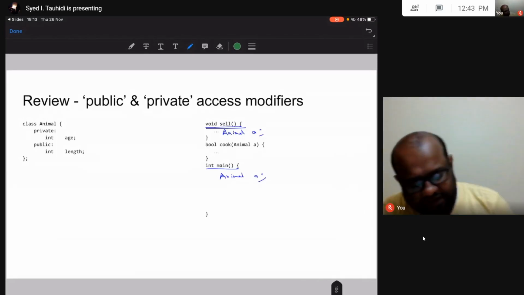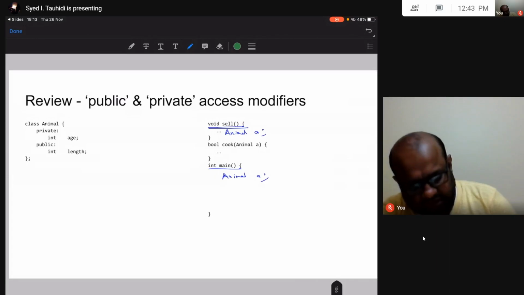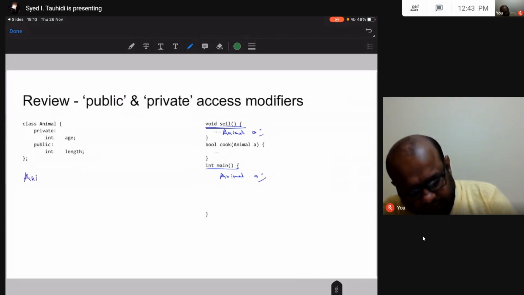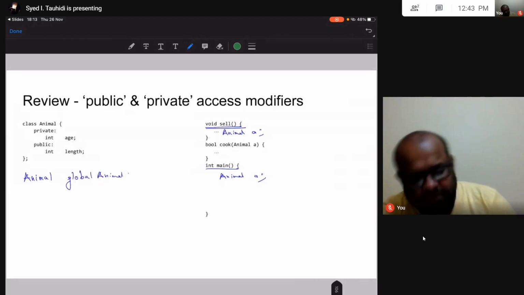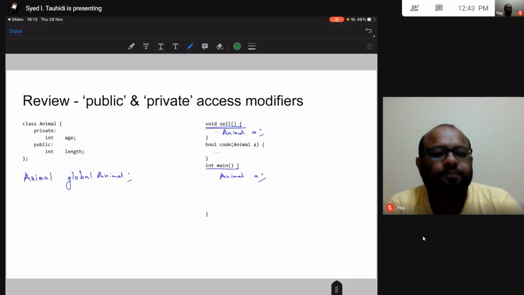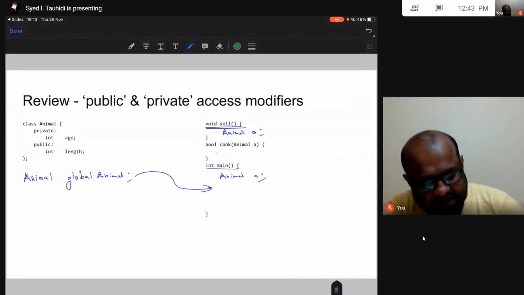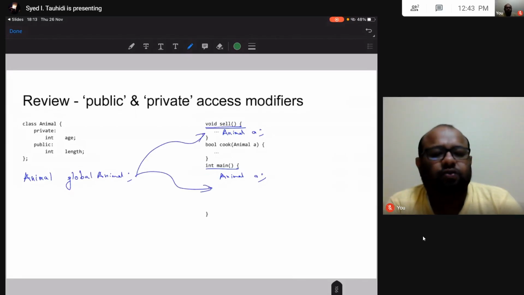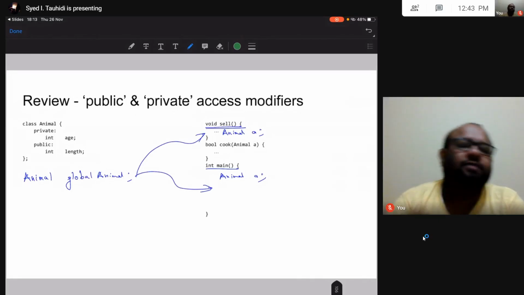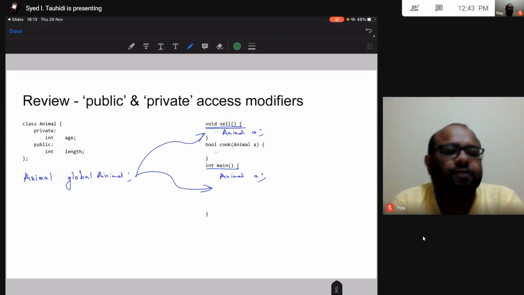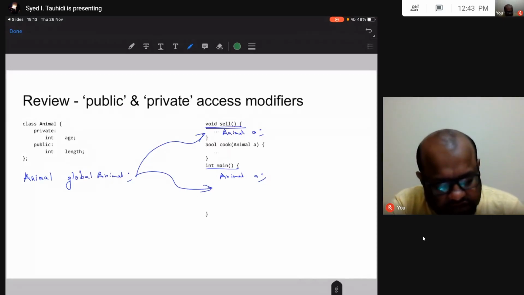It may so happen that I have a global variable, a global animal. This is an object that is declared globally. As a global variable, I may access it inside these functions. So I may access global variables inside the function, or I may create objects inside my function. Maybe these objects are declared as global variables and I am using them inside my function. So lots of things may happen, and also this may happen.